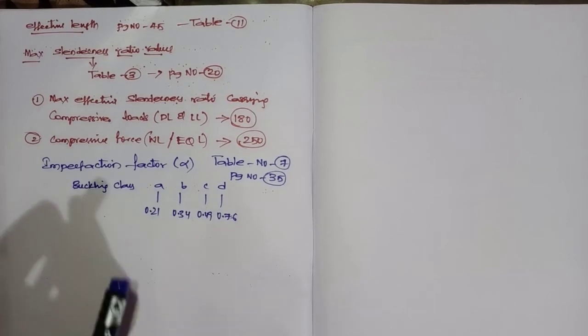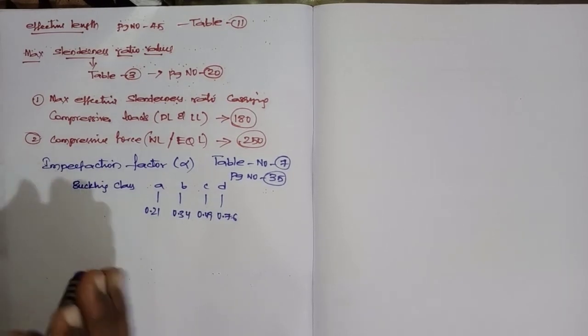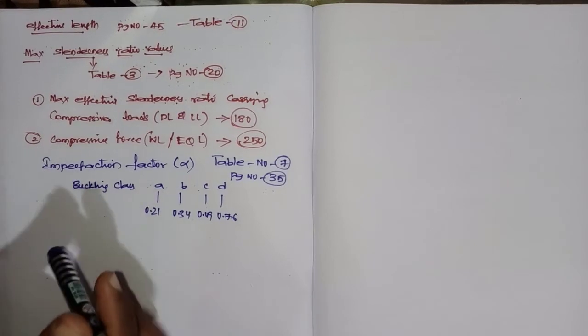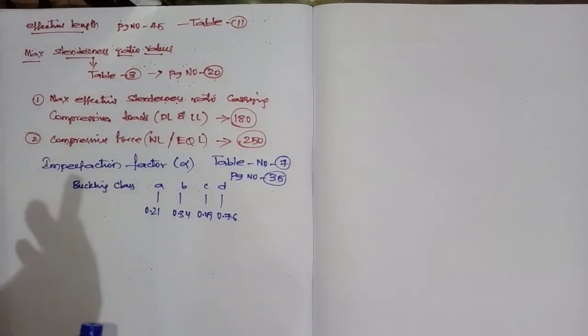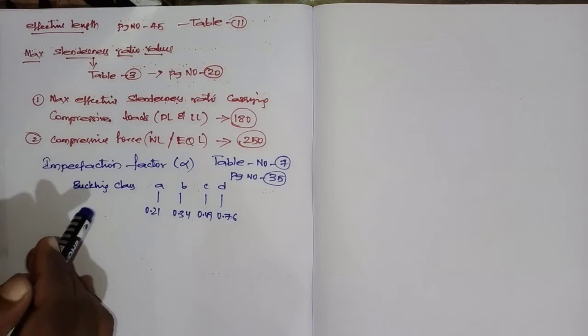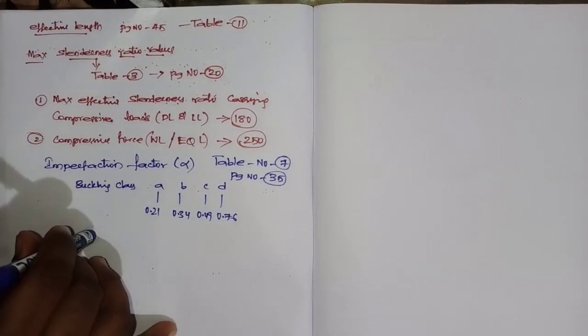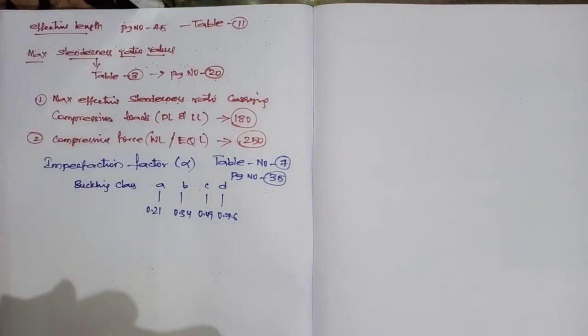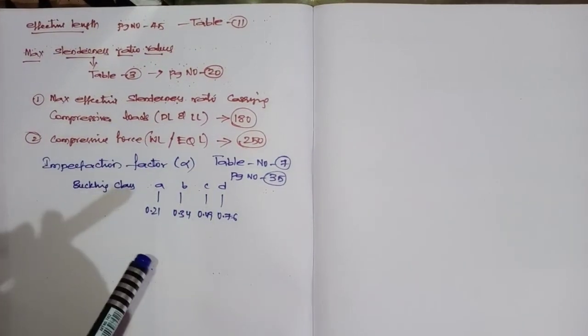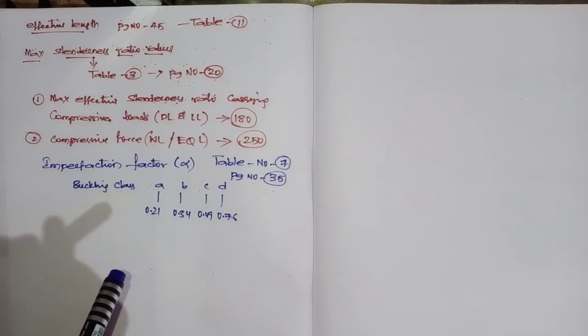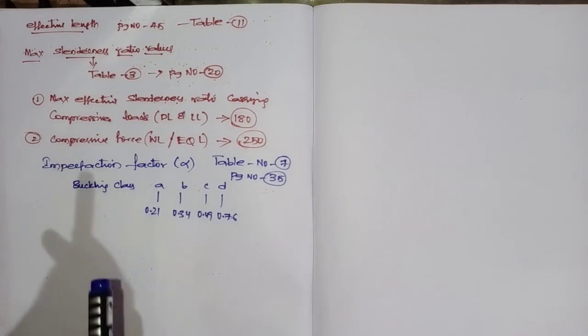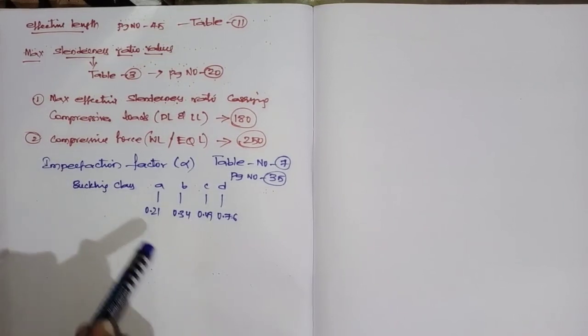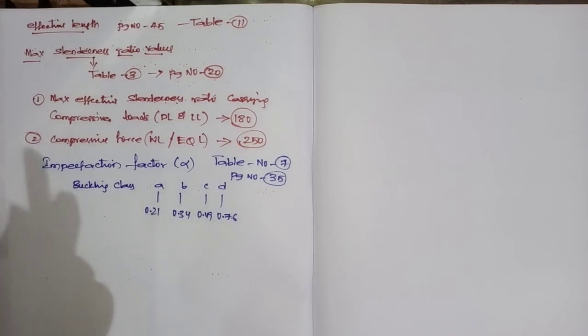Means accidentally, while fabrication, something may go wrong which we can't notice at that time. In those situations, instead of getting axial load, you may get eccentric loading. For such reasons, you have to take all these factors into consideration, and they are called the imperfection factor. So it depends upon the type of buckling class. Based upon those you have the values. Now next one is